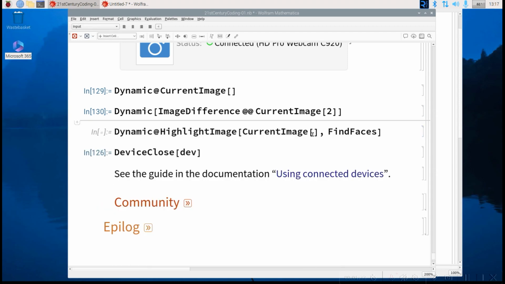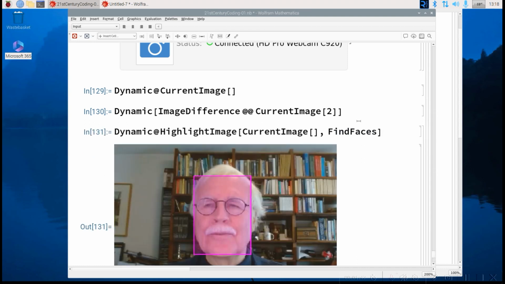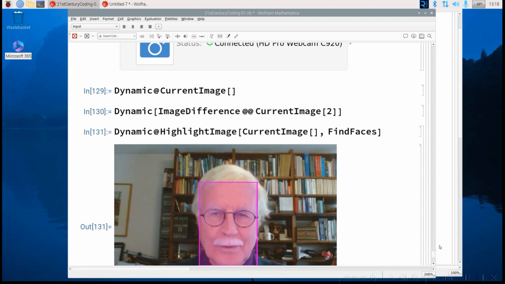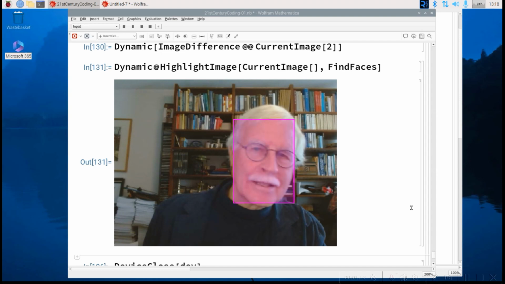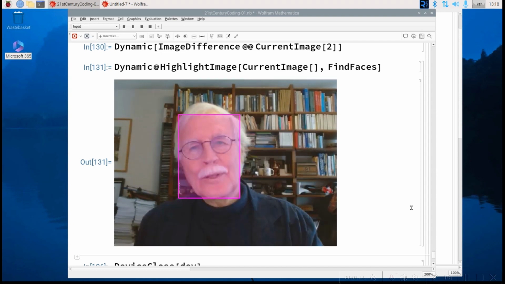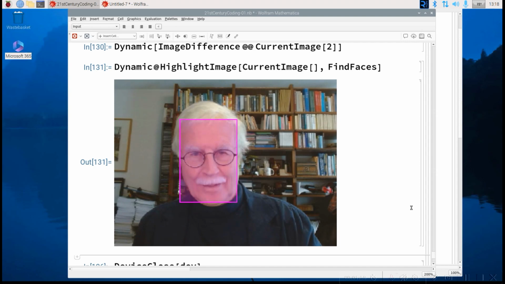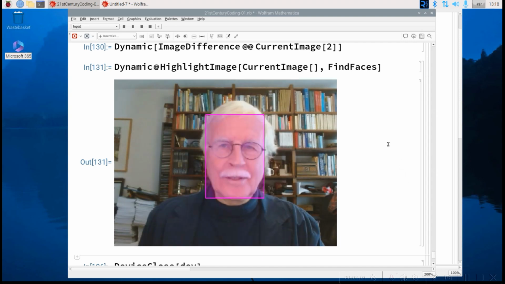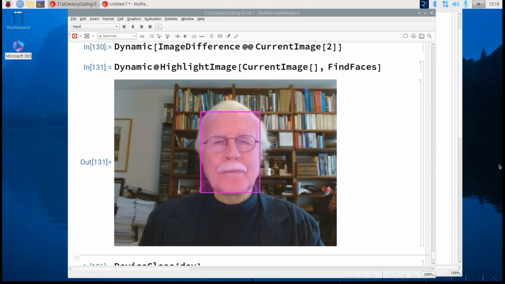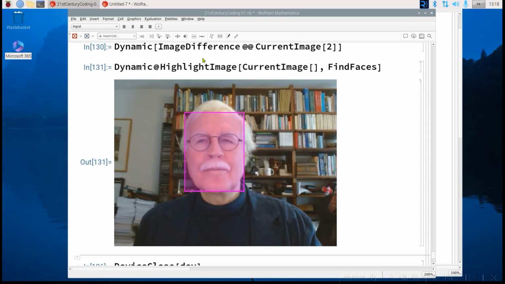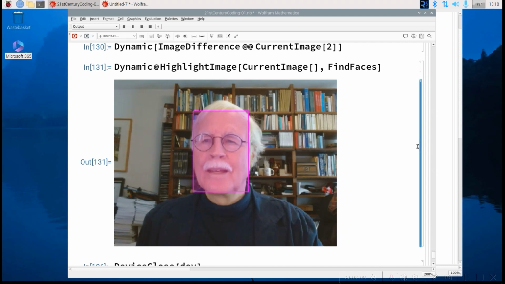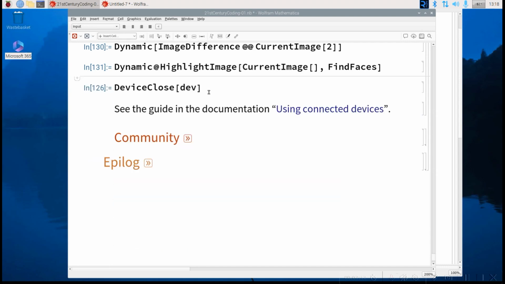You can even go a step further and you say, okay, we have the current image and we have the function find faces, and then highlight it and do it in dynamic. So now it automatically finds the faces. It needs to download a neural network, and you see this is my face, and if I move, it follows my face. It's pretty cute. And all this, you can put any function of Mathematica in here and do real-time computing with your video. And at the end, you just close the device,